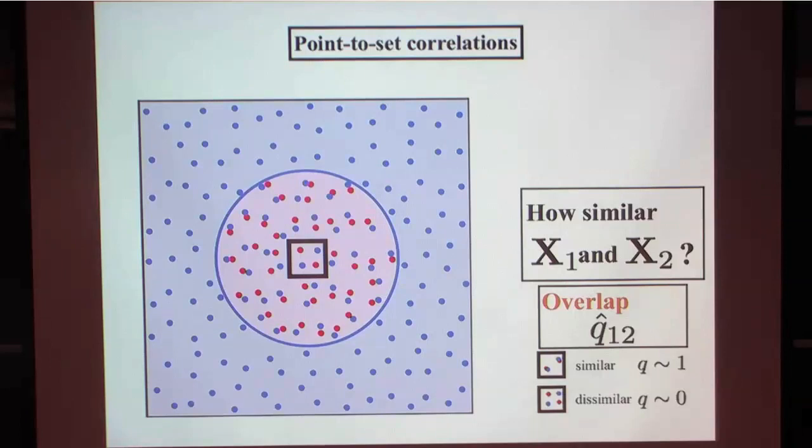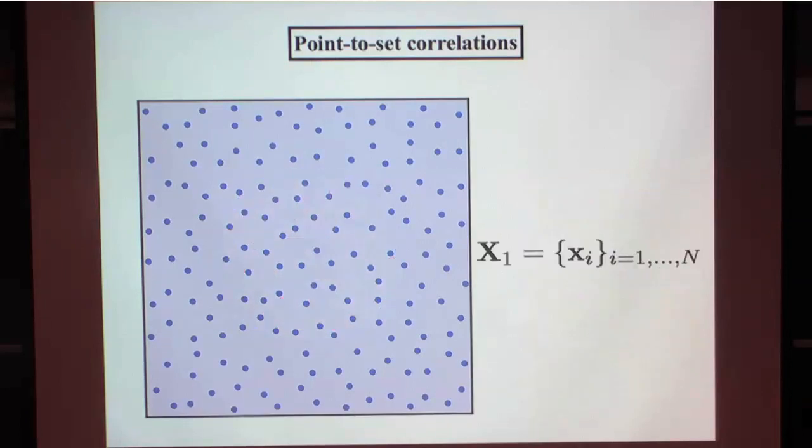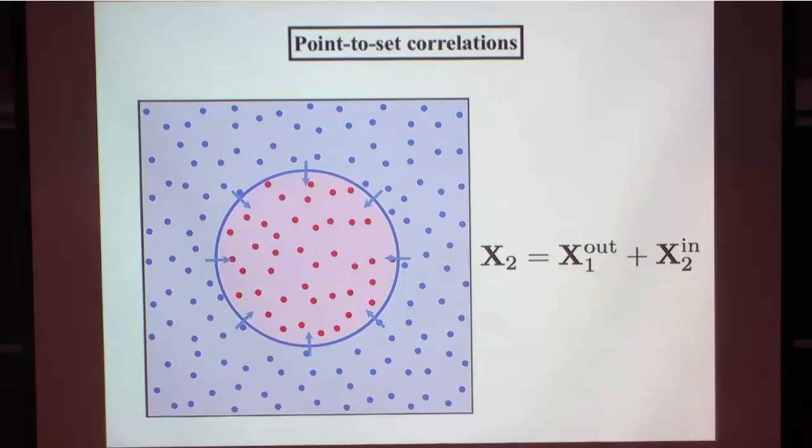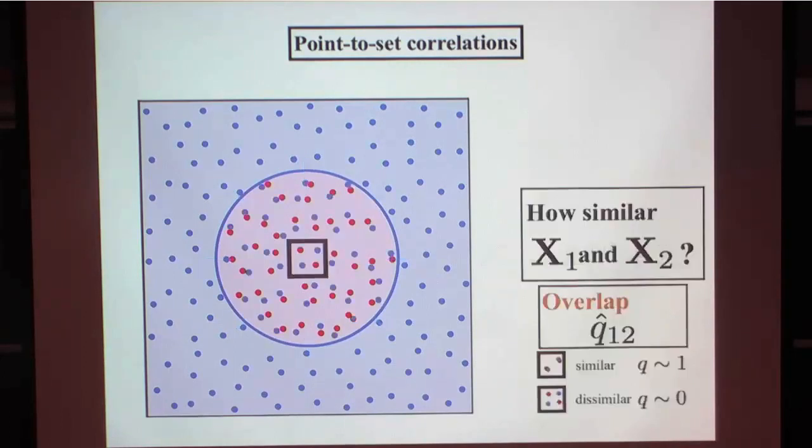Okay, so since this is not a common concept, let me repeat again. So first, you take a snapshot. You take a cavity, fix everything outside, and you resample the thing inside again, which is drawn from the conditional Boltzmann ensemble with the fixed outside, and then you compare the original configuration and new configuration and ask how similar they are. Okay, so far so good.